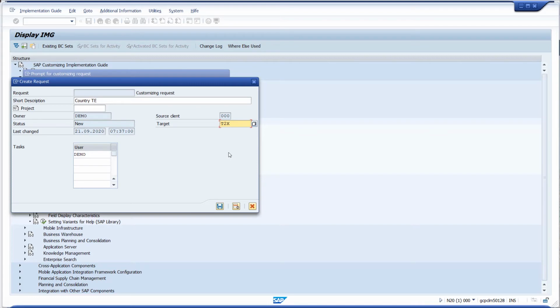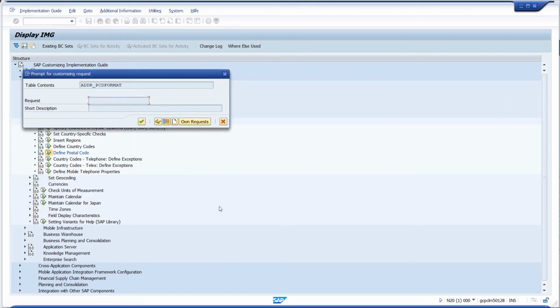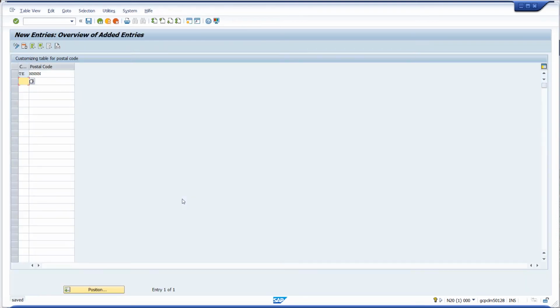So that's somehow the target system if you would like to push stuff that you created to Git. In our case, that's surely something that you can configure. It can happen that you have more than one of these in your system, but for our case, it's now named T2X. Okay, so that's our new transport request. Let's save it. And that's the transport request that we would like to use.